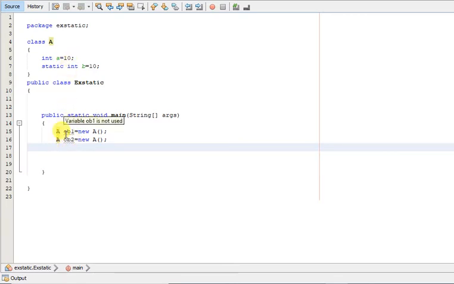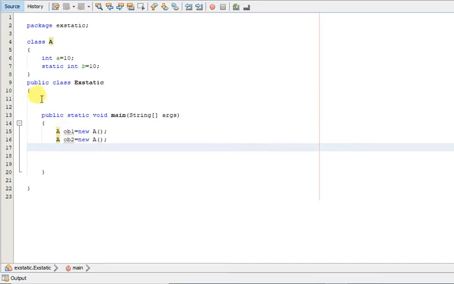If we make changes in object 1's copy, it will not be reflected in object 2, and if we make changes in object 2's copy, it will not be reflected in ob1. But in case of a static variable, since static variables are class variables, only one copy of the static variable is made in memory, and if we change the static variable, it will be reflected in all the objects, right?